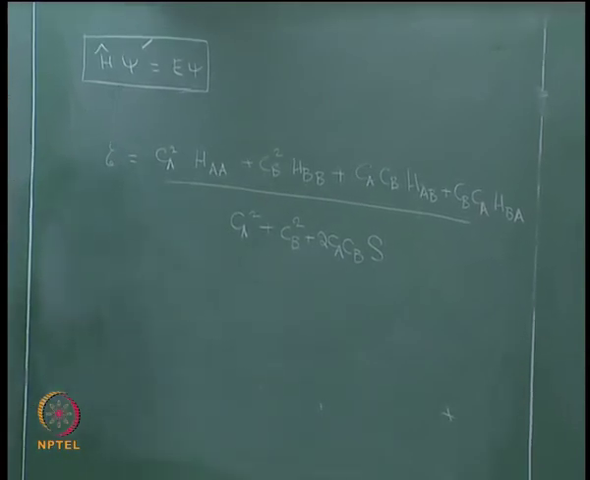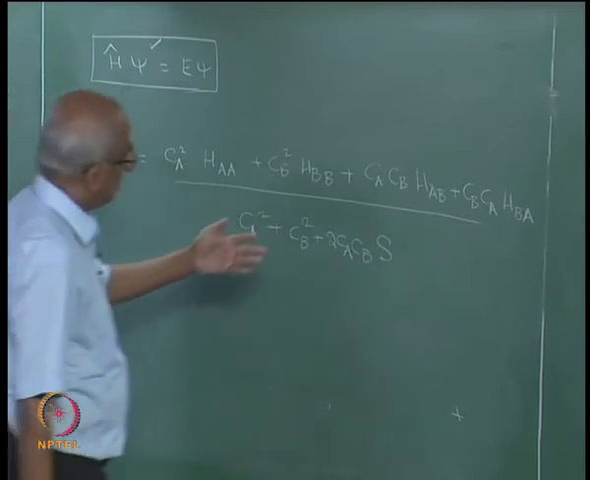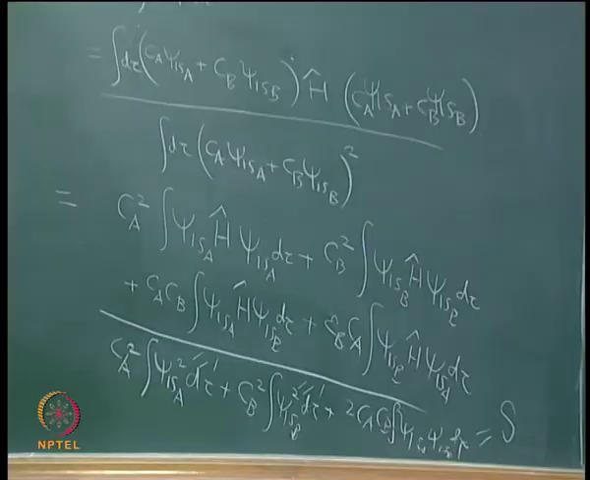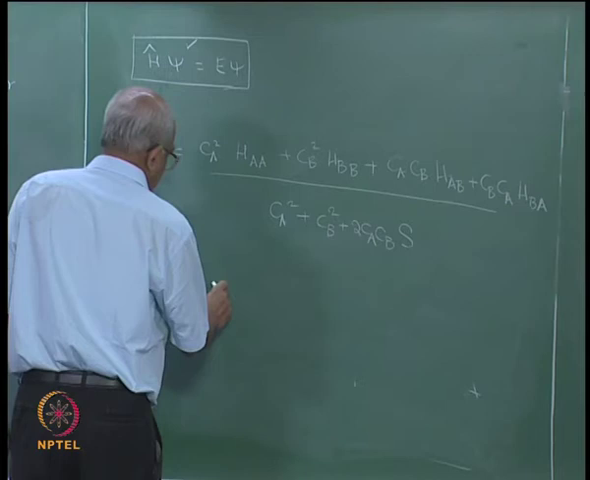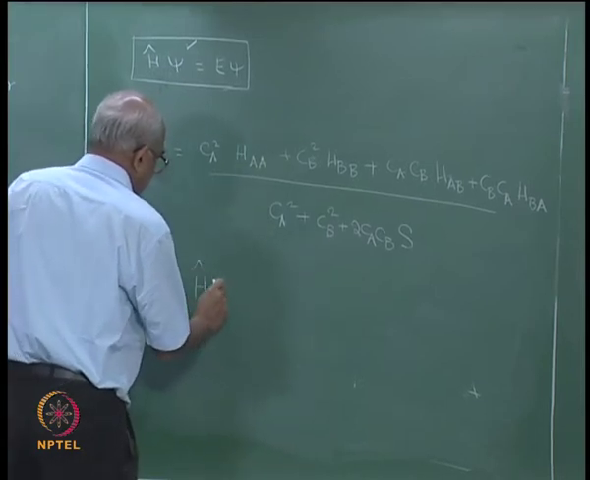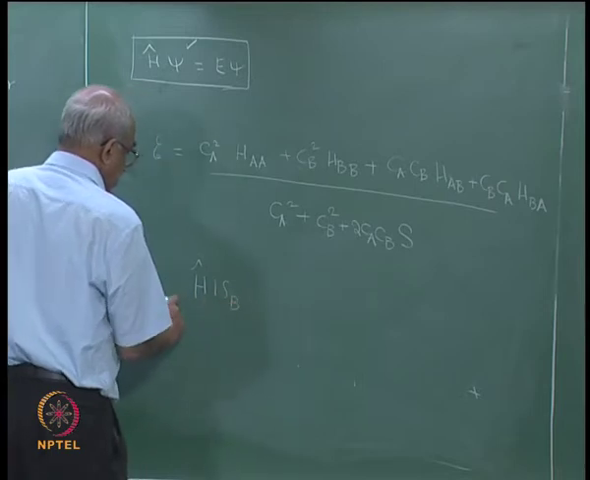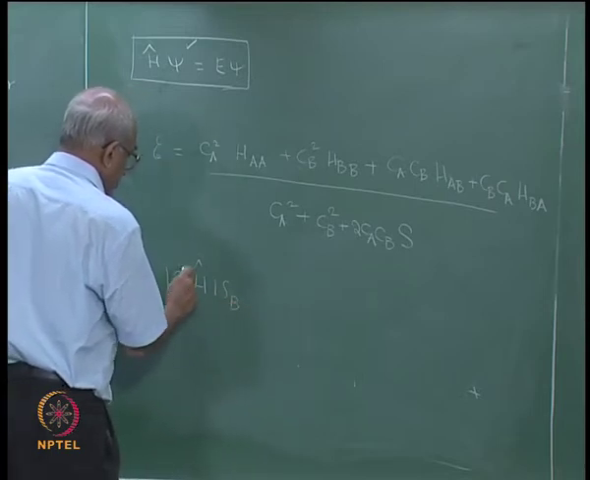Okay. Now I know that H, the Hamiltonian for the system, is a Hermitian operator. So what will happen if I had a Hermitian operator? Well, I can do the following. I take the Hermitian operator, allow it to operate upon psi 1SB, multiplied by the complex conjugate of psi 1SA, and integrate over the entire space,